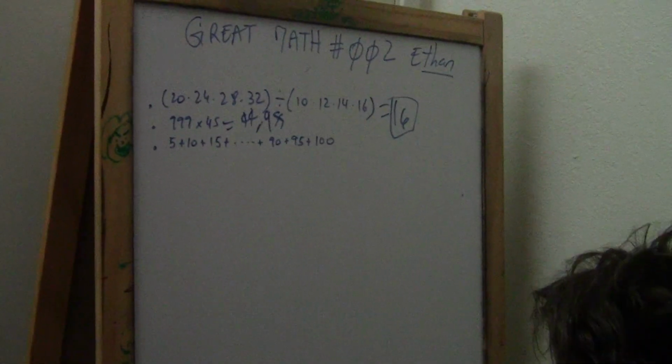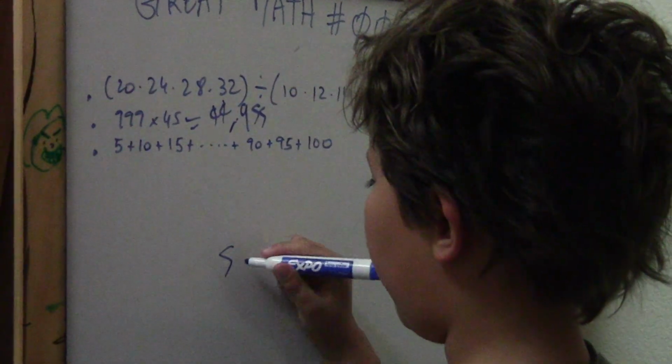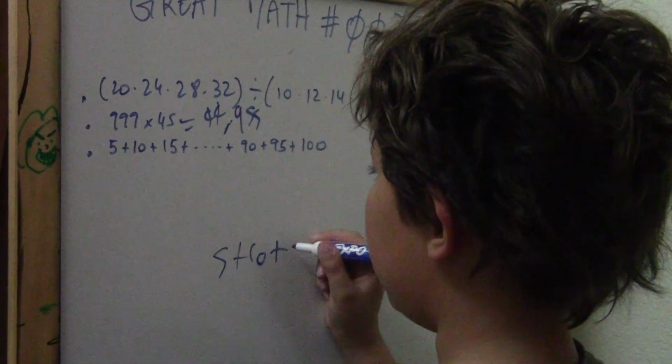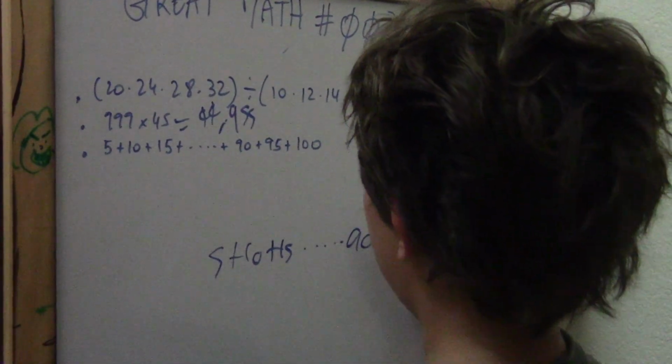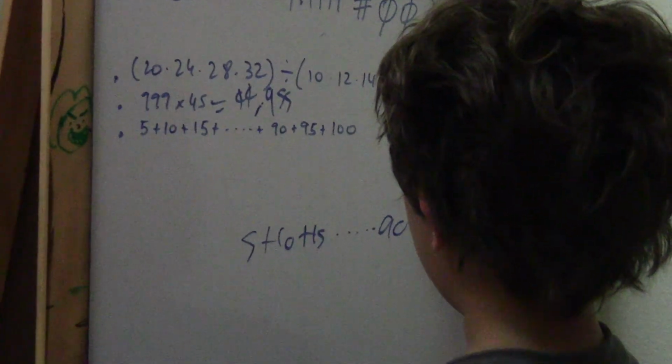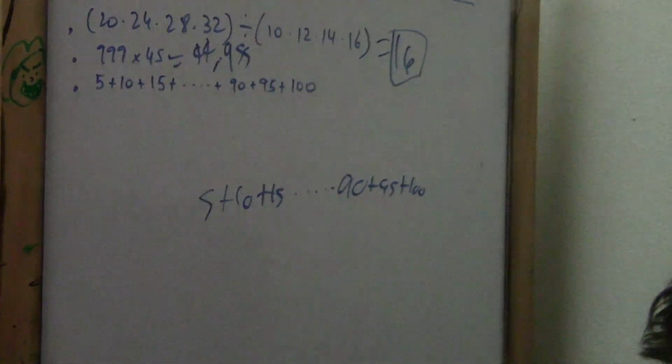Alright, now our third problem is this. 5 plus 10 plus 15, 90 plus 95 plus 100. Alright. This time, you'll think that you're really definitely bummed out. But first,